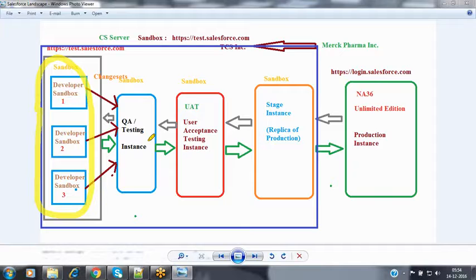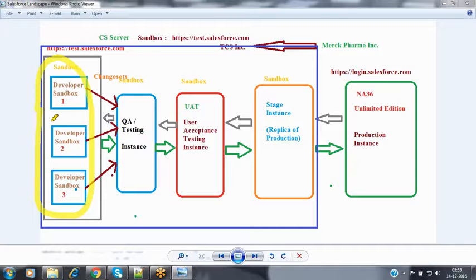Whatever environment is required for the testing people to test that application, we have to provide to the QA people, because the QA people just know how to test the functionality. They don't know what Salesforce is and how to import or export the data. They don't know all these things. So whatever records or data are required to test that functionality, that entire environment, that entire test bed, we have to prepare for the testing people.